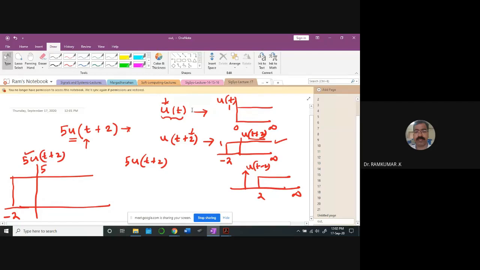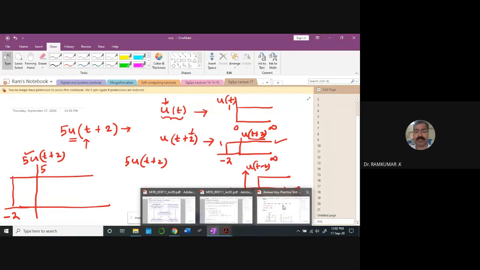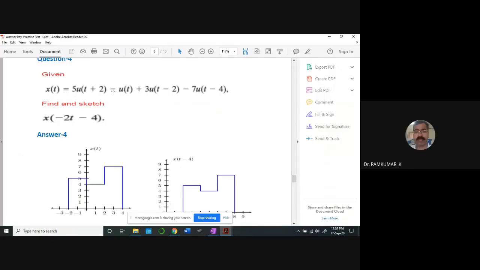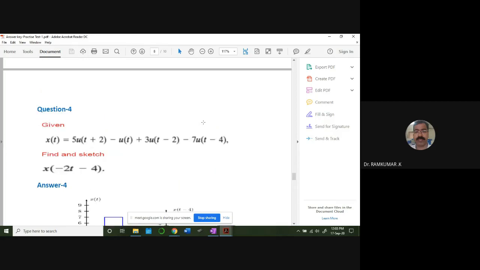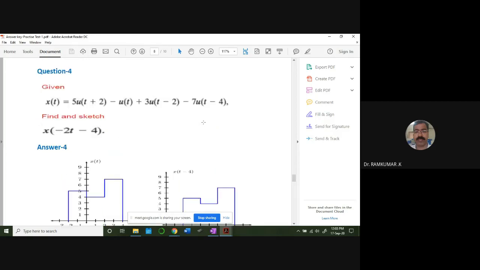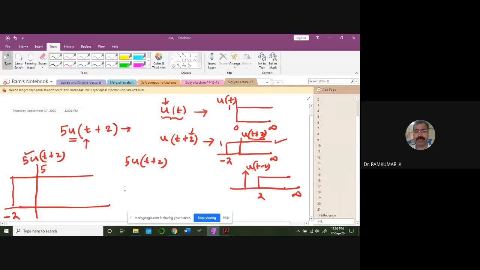Now, can you see the signal clearly? How do you have to draw this signal? Is that all right, Gautam? Yes, sir. Now you have to subtract it with u of t. Then what will happen to the signal? Okay, this is the third one, fourth one. Okay, so now what will happen? Minus u of t. So minus u of t, how does the signal look?